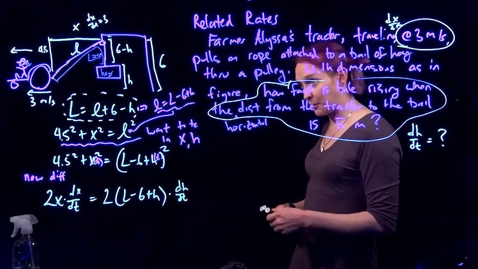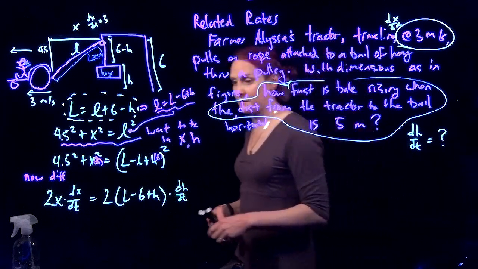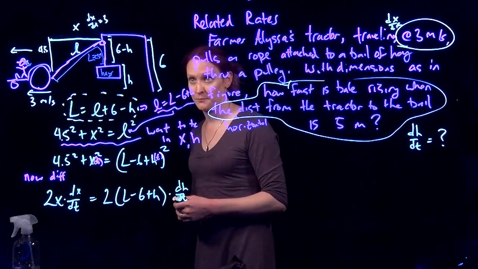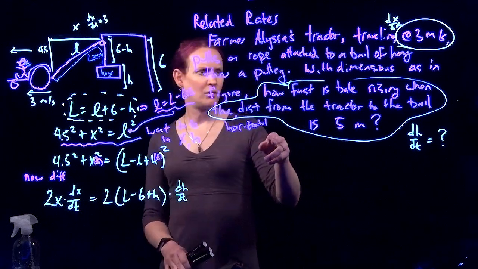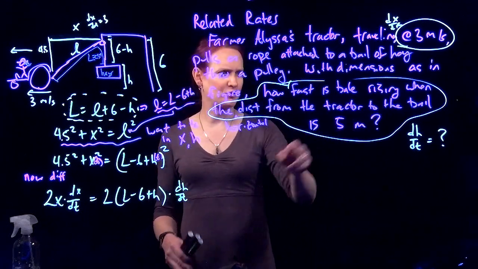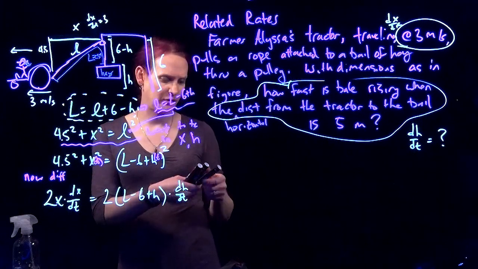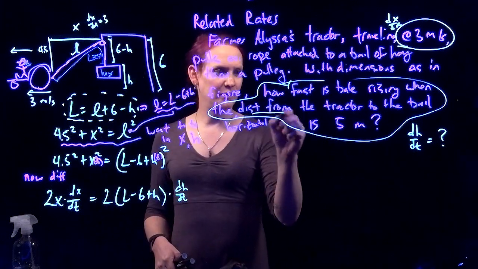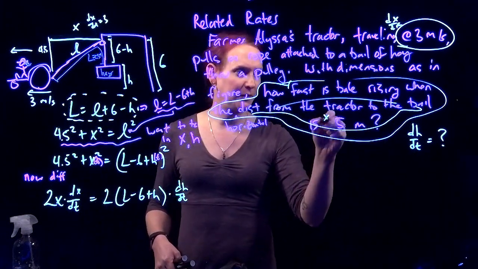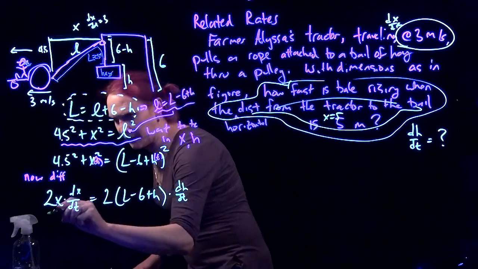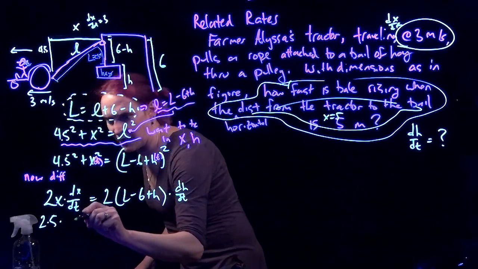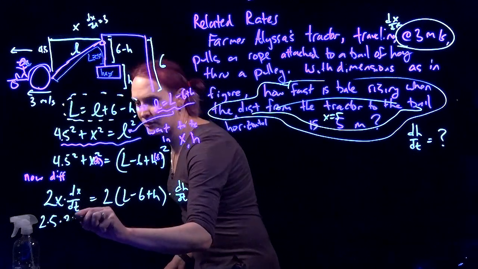We'll start putting in stuff that we know and figure out how to identify the parts that we don't know. It says when the horizontal distance from the tractor to the bale is 5 meters. That means x equals 5. So we're going to have 2 times 5 times dx/dt, which is 3,